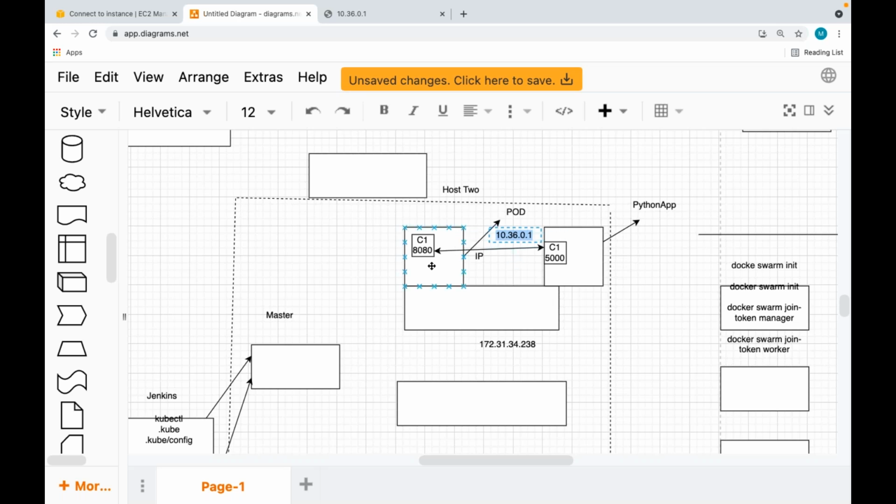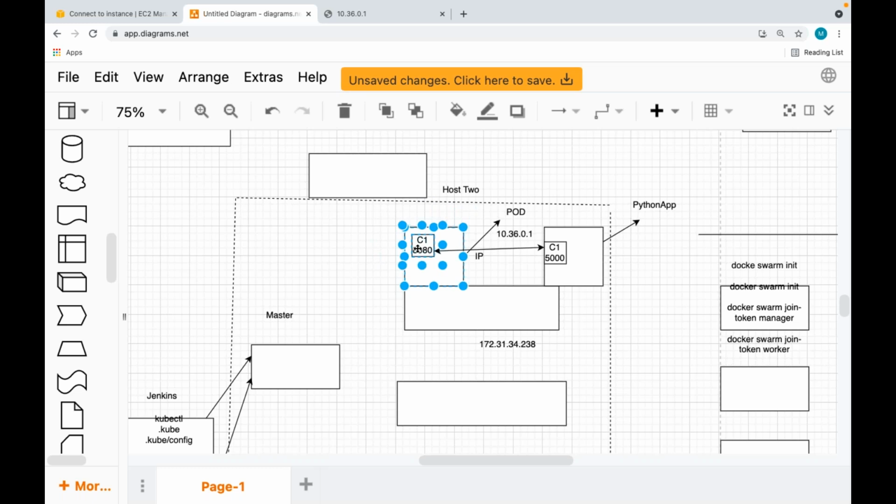So do you have a guarantee that the same IP will be assigned to this pod? No. One is that pod IPs are dynamic. We cannot depend on pod IPs. There is one more, very important reason. In real time, suppose I have multiple